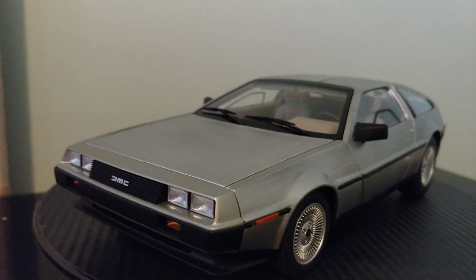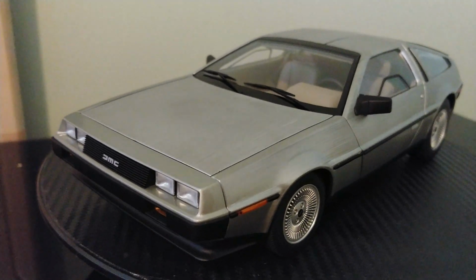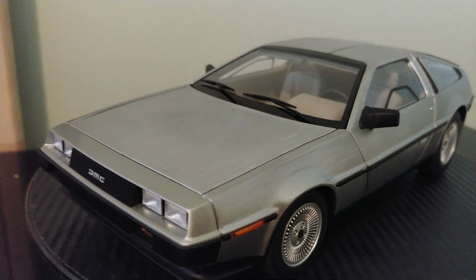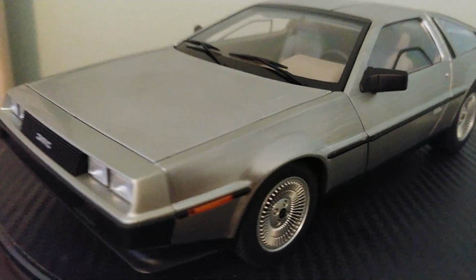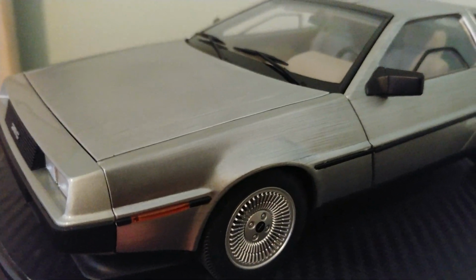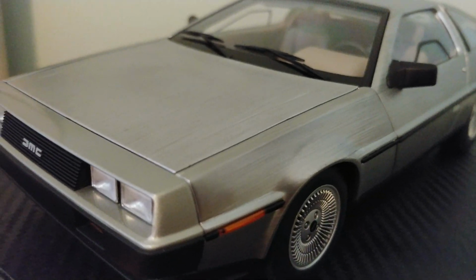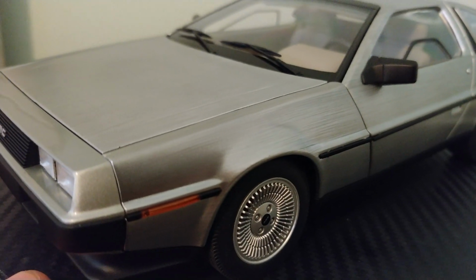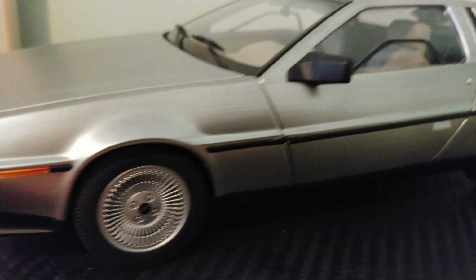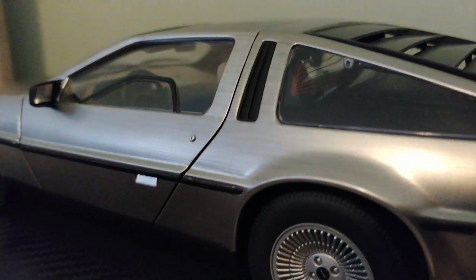composite model's very interesting because the first time I opened it in the model shop, I was just surprised by how the stainless steel finish is replicated. It's very impressive, and I'm just surprised. So you can have a look. It's genuinely really good,